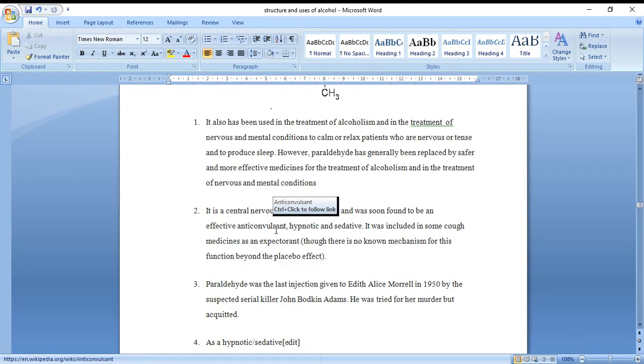So what is meant by anticonvulsant? Anticonvulsant is nothing but something which is used to treat convulsions. So convulsions are nothing but seizures. So seizures are nothing but